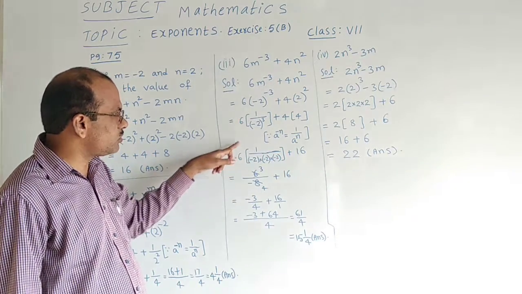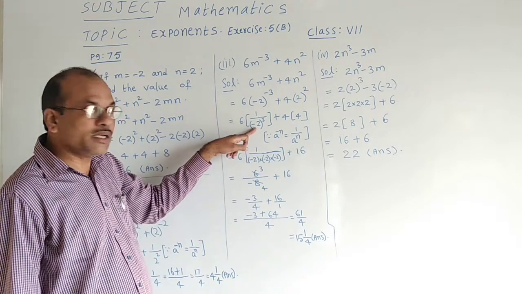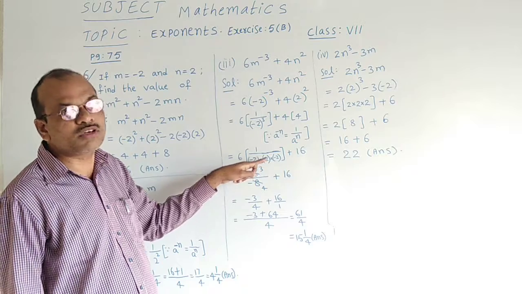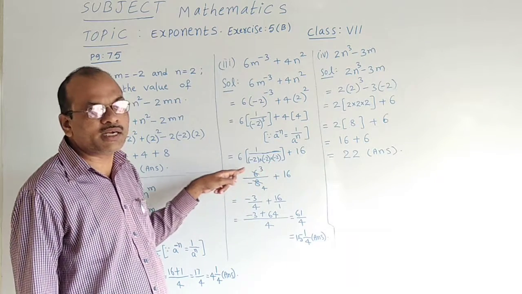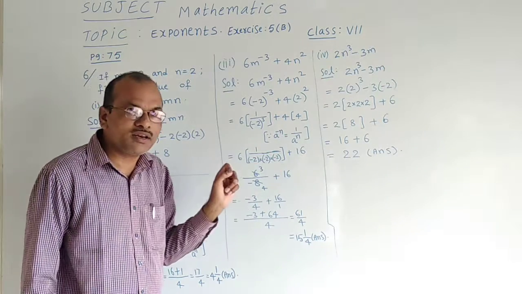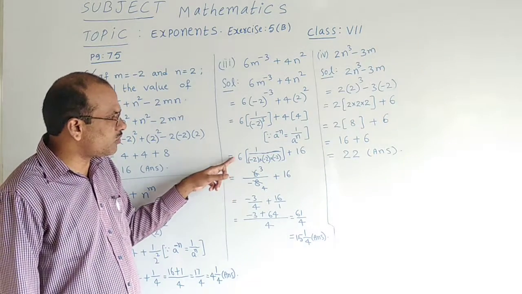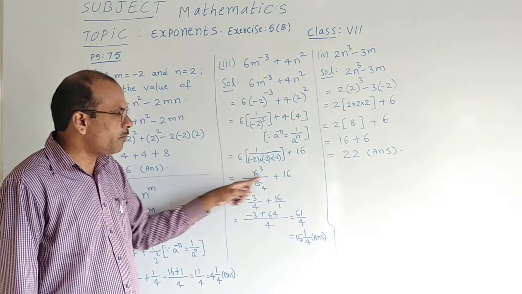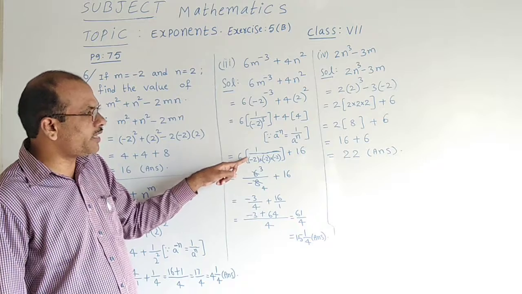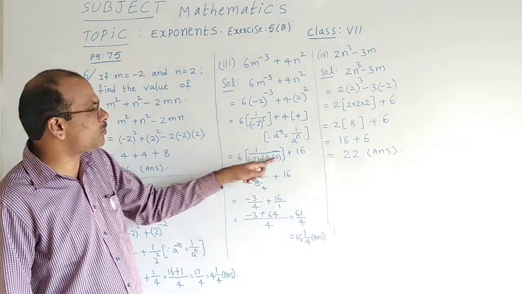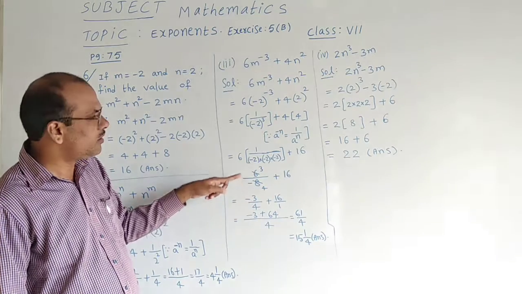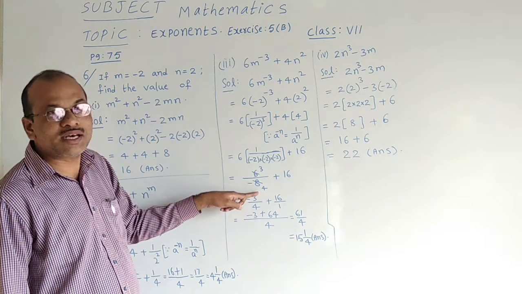Then 6 into 1 by minus 2 should multiply itself for 3 times: minus 2 into minus 2 into minus 2. Within the bracket I have written that plus symbol. 4 4s are 16. Now 6 1s are 6 by 2 2s are 4, 4 2s are 8. Of course minus into minus is plus, plus into minus is minus. Now the 2 table we have used to cancel. 2 3s are 6, 2 4s are 8.